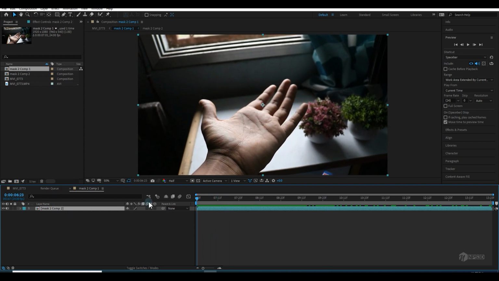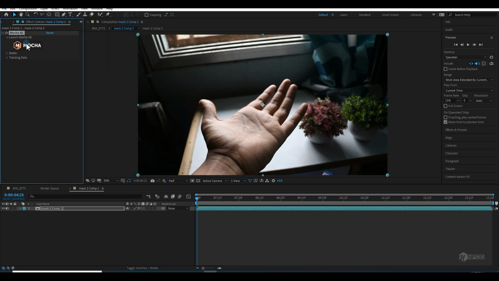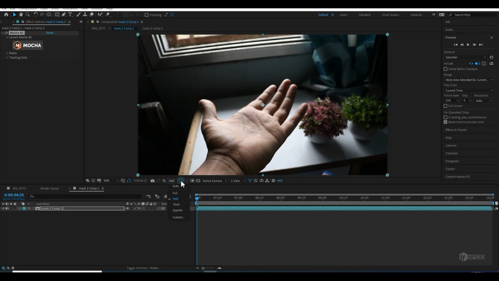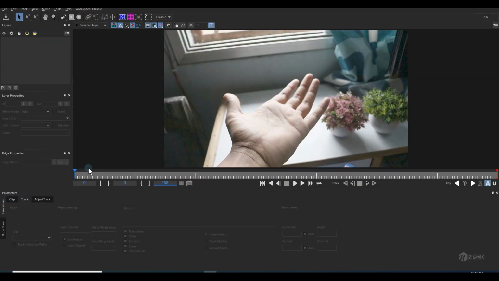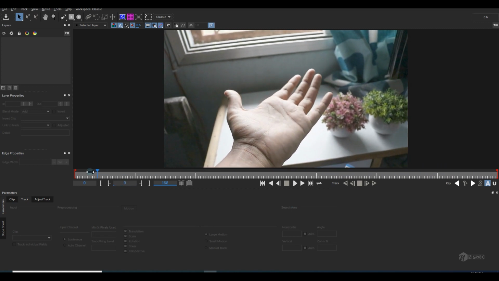It comes with After Effects, so you don't need to pay or do anything. So just select the clip and go to the animation track in Mocha, I mean Voice FX Mocha. Click on this one and just continue. Wait a minute. You need to switch back to the halves and then you can go to the Mocha. I don't know why it's making it too bright.